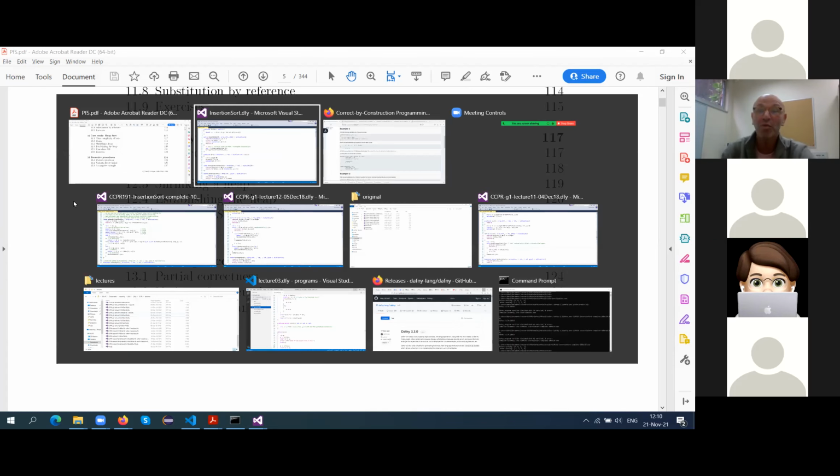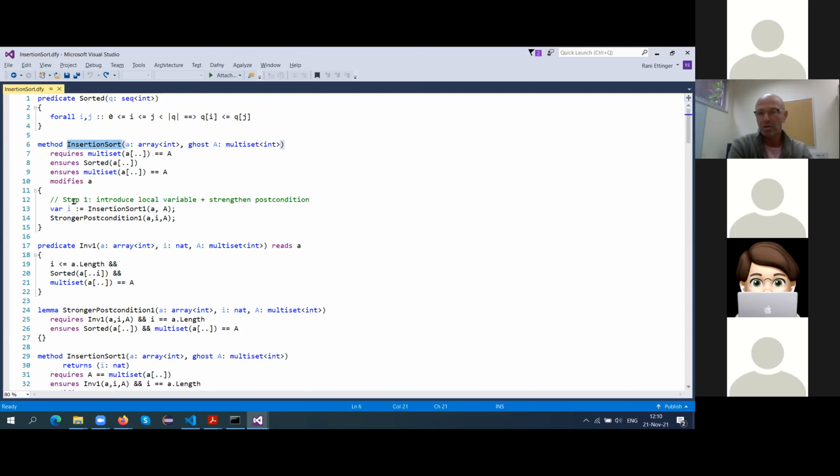So I spent 3 sessions, 3 2-hour sessions, on insertion sort. So they've come to this point where they already know about loop invariants. They know how to prove correctness of the postcondition after a loop and after an assignment, and make sequential composition of the program into 2 parts. The first, for example, to make the loop invariant hold in the beginning, and the second will be the loop itself. And so they know a little bit about developing loops. And here's a case study.